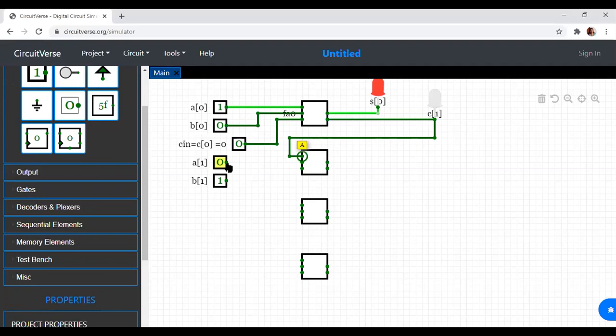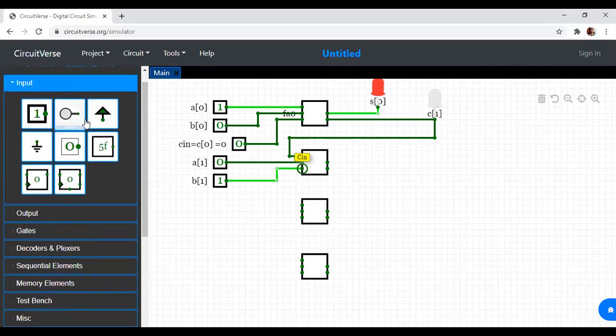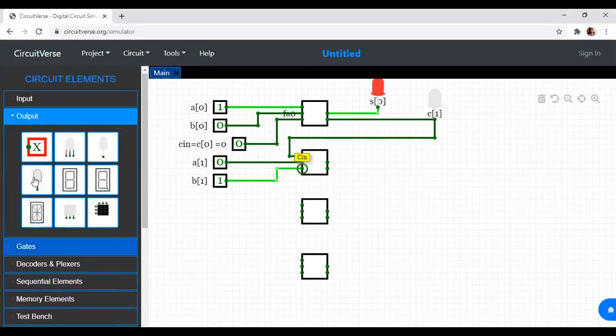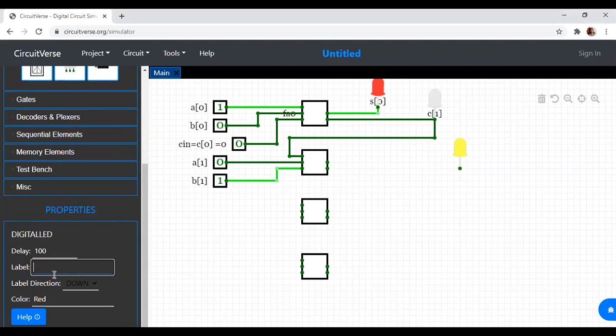So one input is C of 1, one input is A of 1, and one more input is B of 1. So what will be the output what I get over here? I'll get an output of S of 1. So this output, let me make it as S of 1.